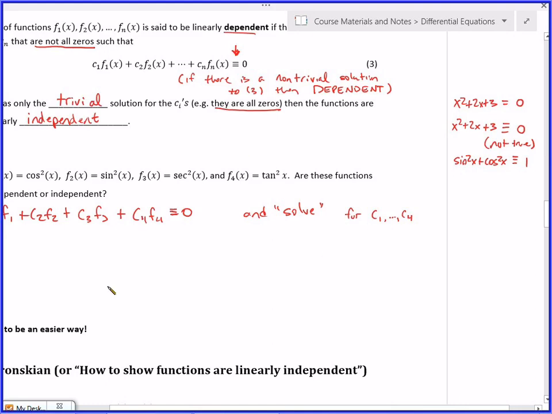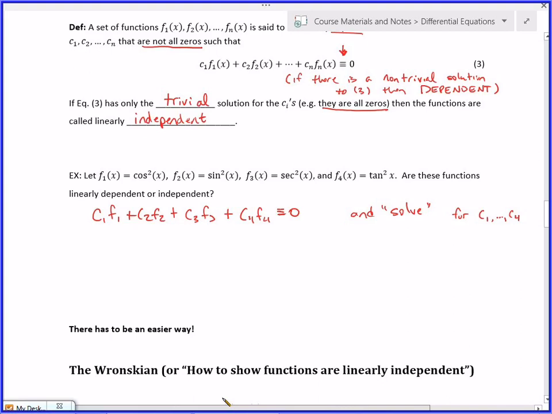So what I'm saying up here is, notice how on the left-hand side I actually have the variable x in there, right? I want the left-hand side to be equal to 0 no matter what x is equal to. So I'm going to try to find a C1, C2, C3, and C4 that makes that identically equal to 0. Now obviously, if I plug in C1 cosine squared of x, plus C2 sine squared of x, plus C3 secant squared of x, plus C4 tangent squared of x,